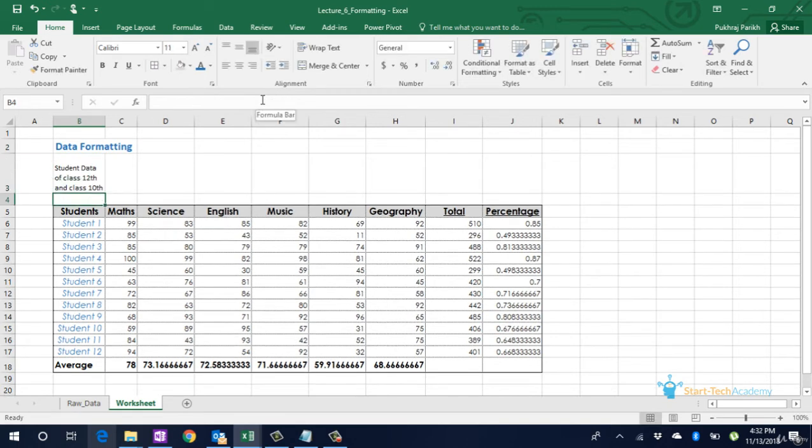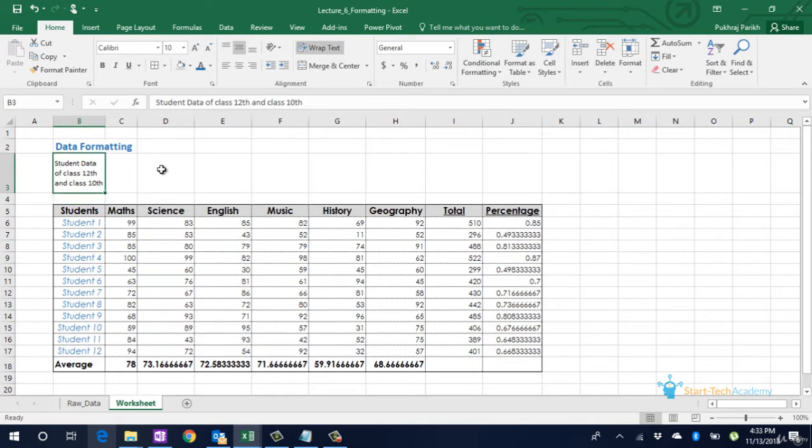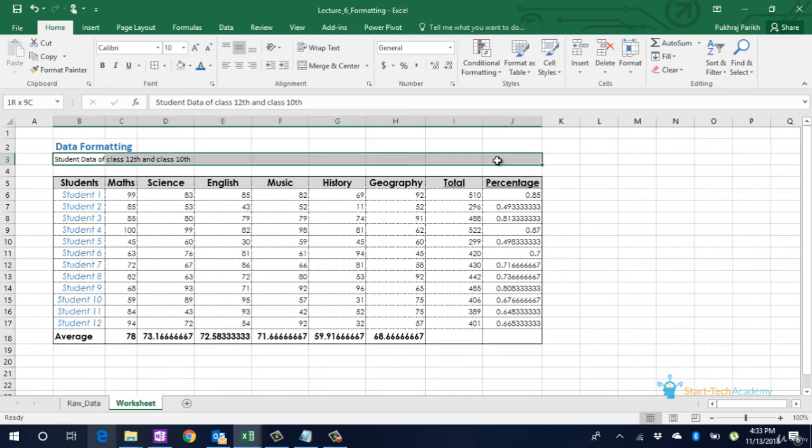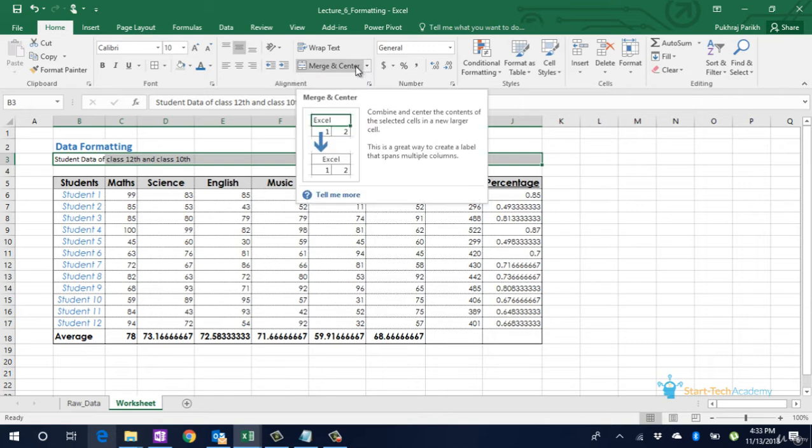If we add more text to that column, it will automatically adjust and increase the height of that row to accommodate the added text. Another option when there is more text than the column width is merge and center. So we unwrap that text that we wrapped earlier and let us select all the cells till the width of this table. Now let us merge and center all these cells.